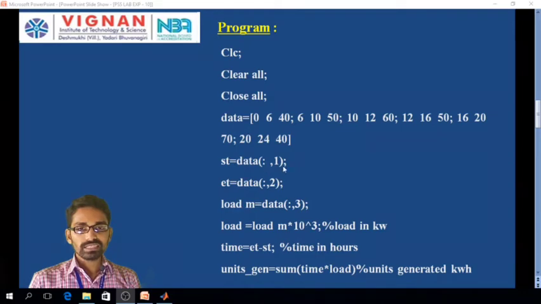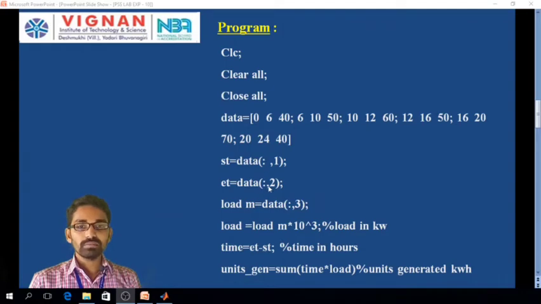If I consider this code, it means whatever the first column data is in this matrix, 0, 6, 10, 12, 16 and 20, that first column data will be stored in ST. And then end time ET is 6, 10, 12, 16, 20, 24.